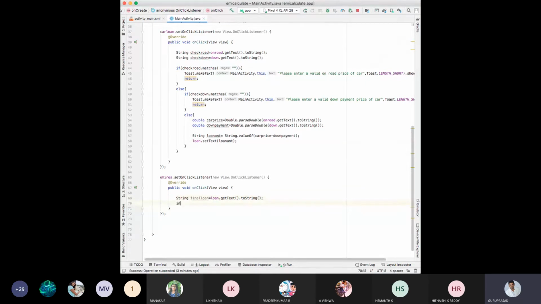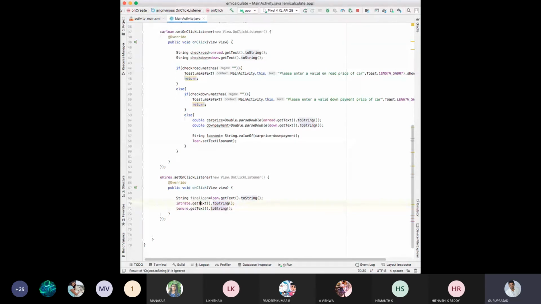Next, interest rate dot get text, to string, semicolon. Next, time, tenure dot get text, to string, semicolon.